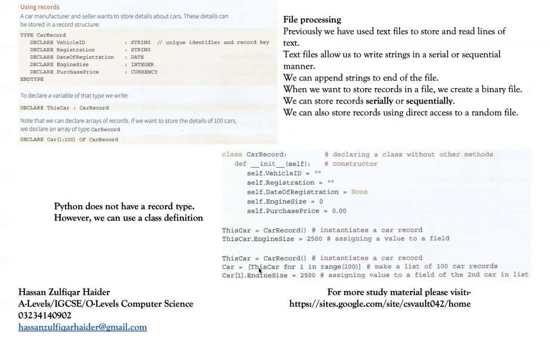Since I have created an array, I can access the first, or in this case, since it's Python, index position 0 is being used. So car1 means I'm accessing the second index position of the car array. The second index position is also a record, and for that record, I'm accessing the engine size and assigning 2500 to it. So basically, dot notation can be used for a single record as well as an array of records. If you're using an array of records, you can simply make use of indexing to access one single record, and dot notation is just like how we did in a typical record as well.